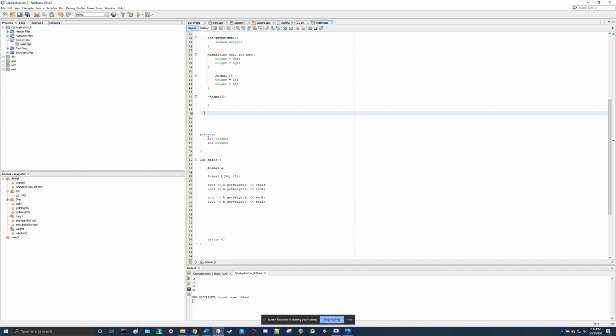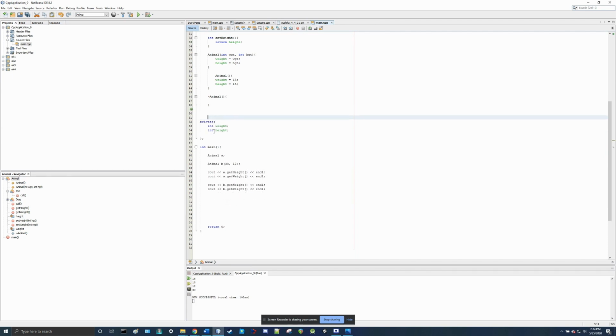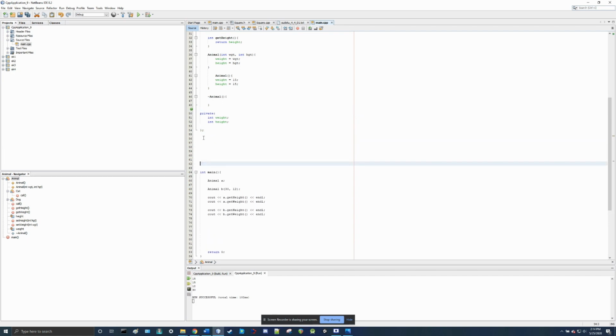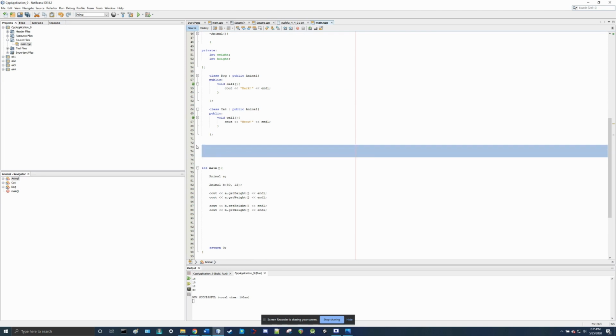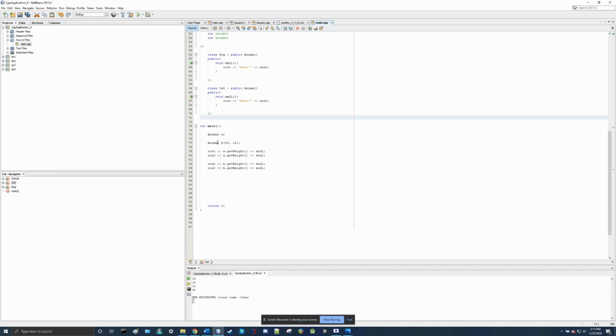That's not what you're supposed to do. This all is supposed to go underneath. Sorry about that. So, these are new classes. We go outside. Okay. Now what we can do, and this is part of polymorphism, is where you create pointers